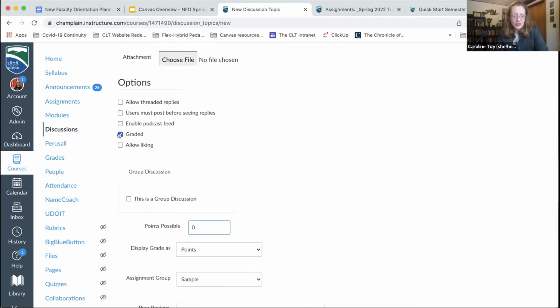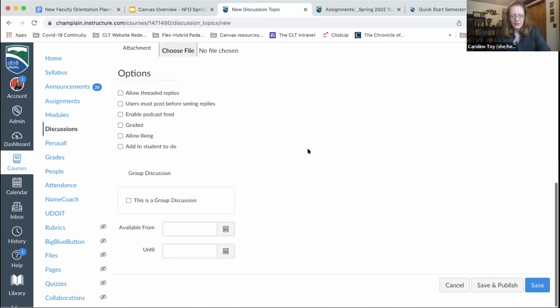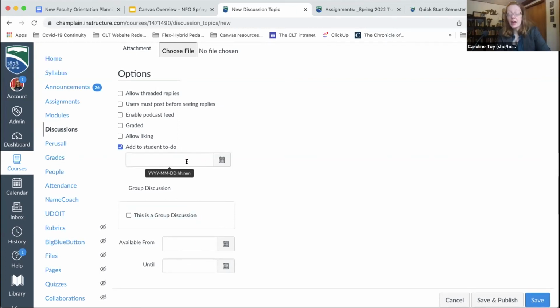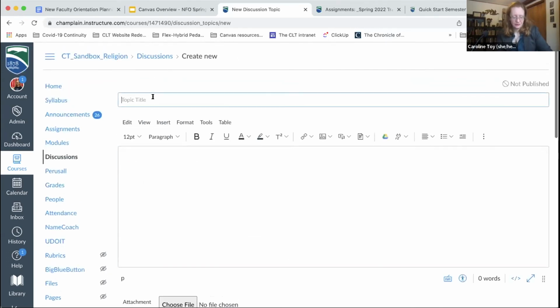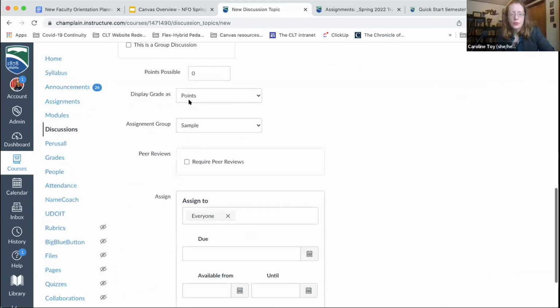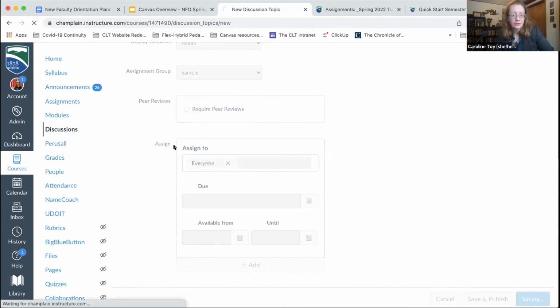If you want your discussions to be ungraded, but you want them to show up with a due date in the course summary, you can use this add to student to-do item option, and that will create a to-do date in the course summary. It's essentially the same thing as a due date. This is just what Canvas calls it if it's not grading it. And then once you've created that, I'm just going to create one as an example. Once you've created that and given it an assignment group and saved it,